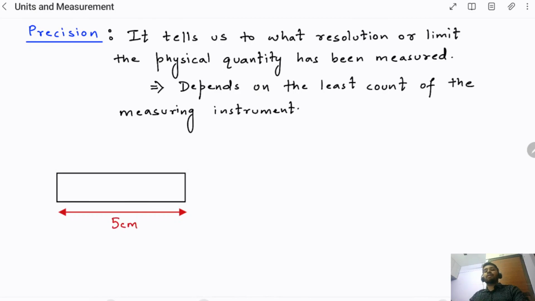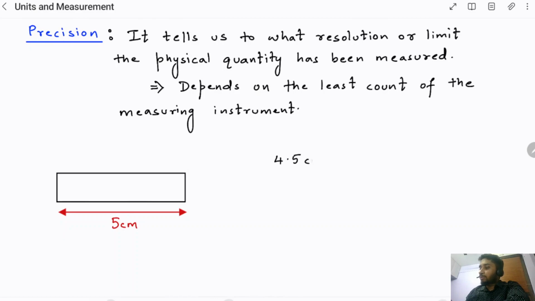Now if I give this object to 5 students in the class, and ask them to tell me the length of this particular object, suppose the readings that I get from different students are